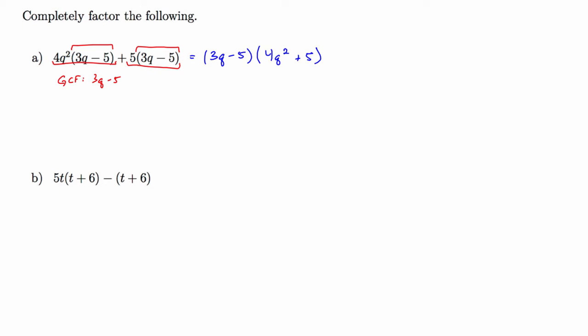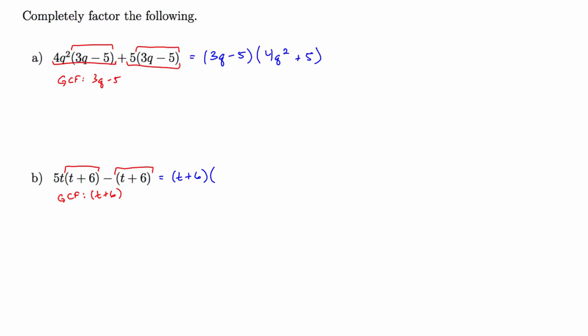In part B, we want to factor 5t times the quantity t plus 6 minus the quantity t plus 6. The first step is again recognizing what is common in both terms of this expression. Both terms have a t plus 6 in parentheses, making that our greatest common factor. To factor off t plus 6, we will pull that to the front in its own set of parentheses. So this will factor as the quantity t plus 6 times, in another set of parentheses,